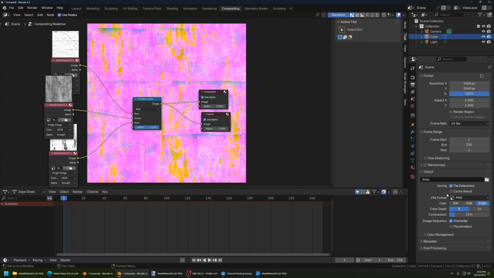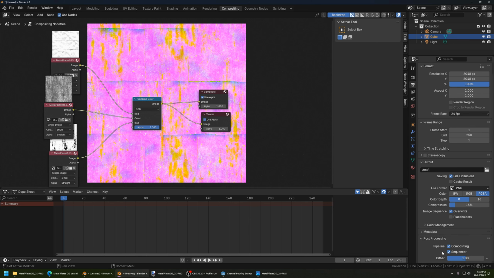Now, one more thing we need to do is under post-processing, we want to change dither down to 0. What dither does is that it adds extra noise into the image. And we do not want extra noise added to our image because that is going to alter the values that are stored in the pixels of our image. So we don't want extra noise. Change this dither value to 0, and that's going to get rid of the extra noise. Now we can render this out,